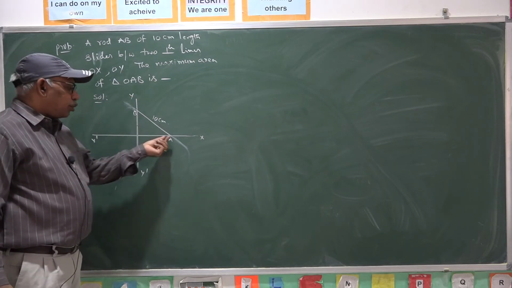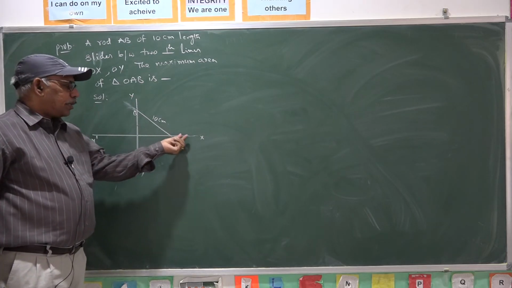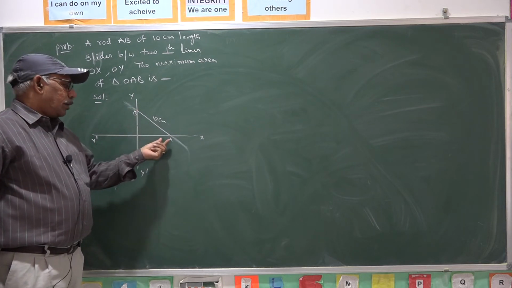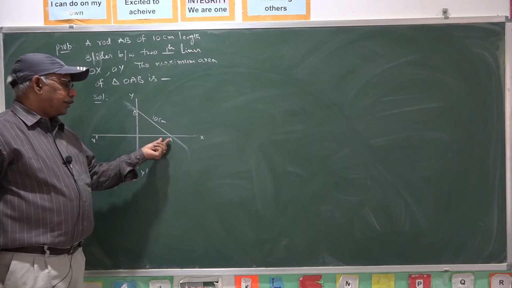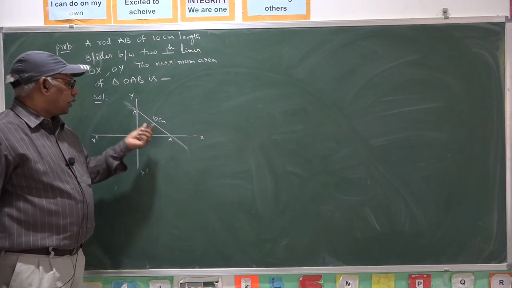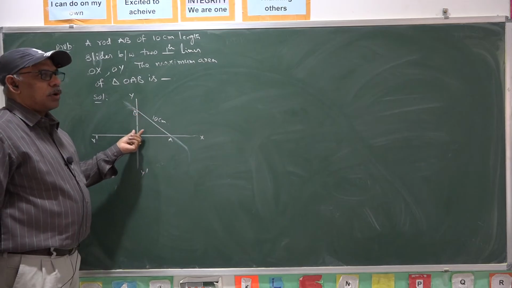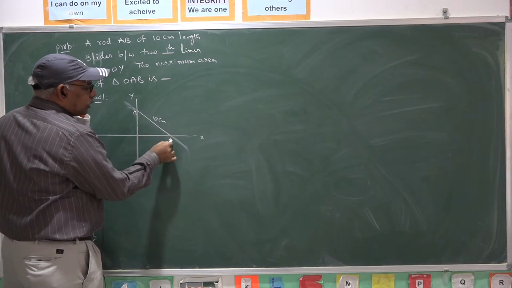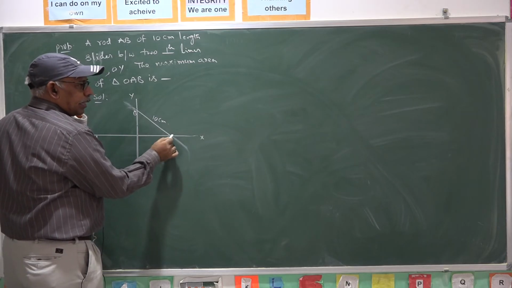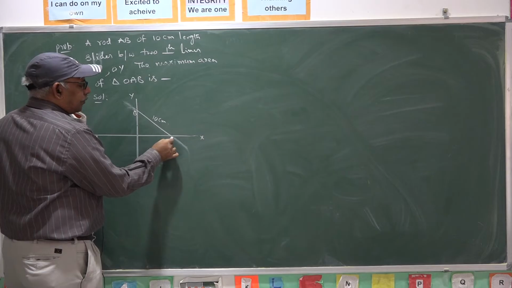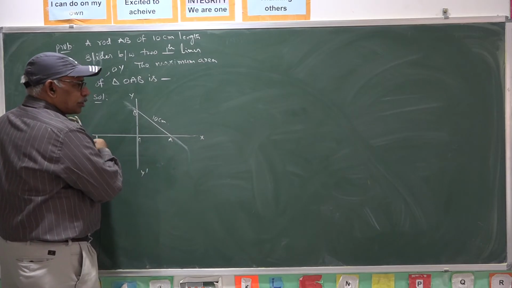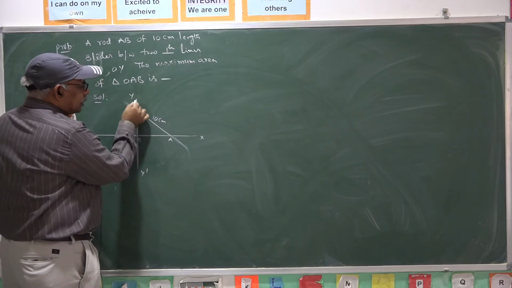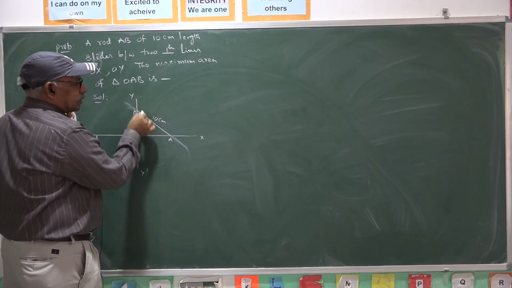Slides means once you drag this end to this side, this end comes to this side. Once you drag the point A away from the origin, this B moves towards the origin. In such case, the figure is like this. Once you drag A, the lower end, towards the origin, it goes upwards. So, in such case, the triangle is like this.